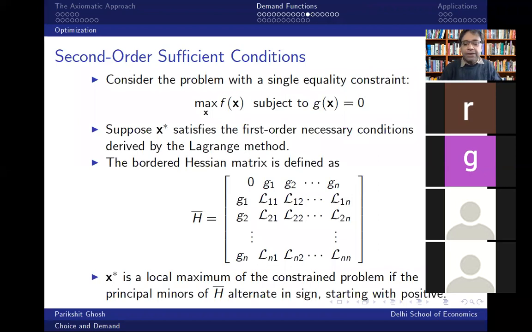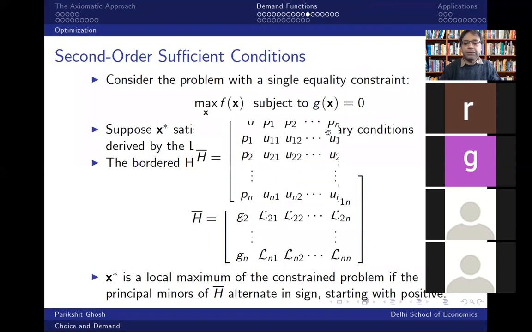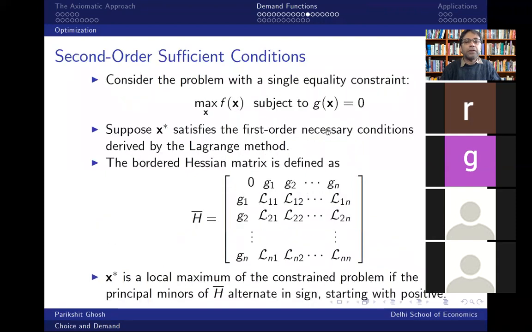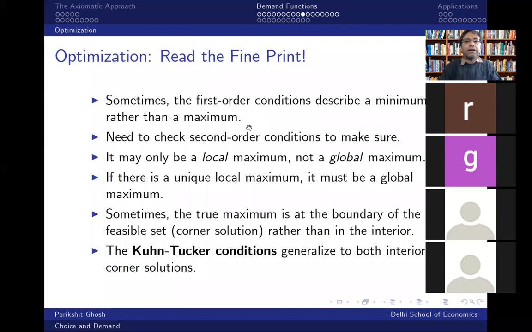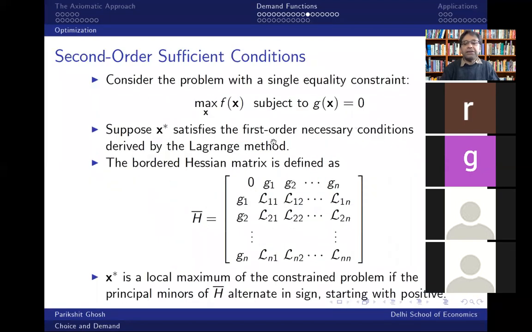Okay, so as I said, sometimes first order conditions describe a minimum rather than a maximum, right? So that's one potential pitfall or trap that you have to be aware of. So that means that at the point of tangency, if you have an interior solution, you have to make sure that the indifference curves are convex at that point, right? If they're convex globally, if the convexity axiom is true in general, then the second order conditions will always